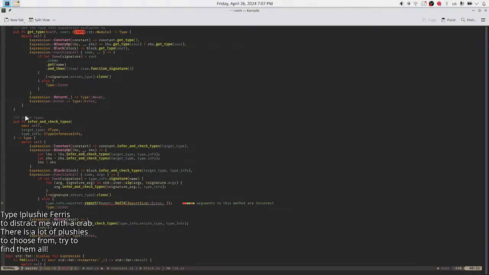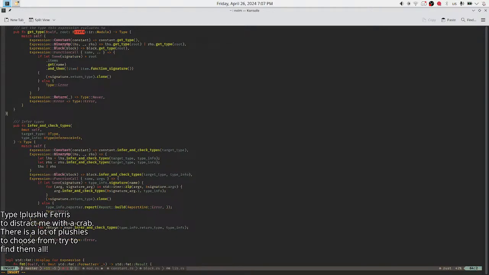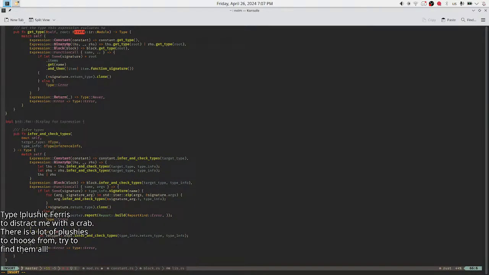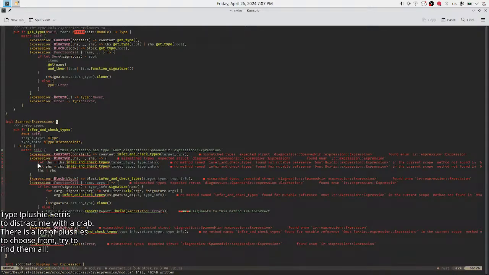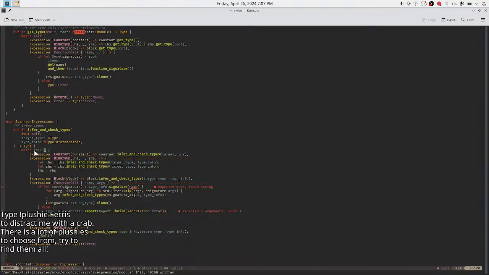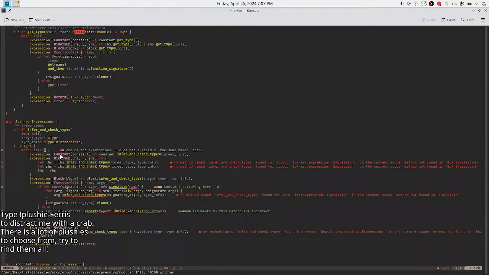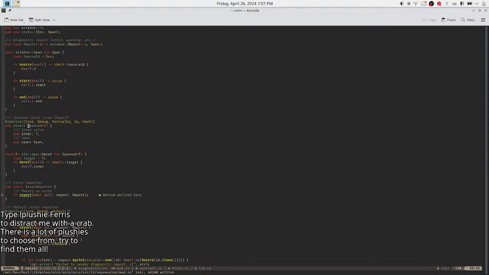Maybe I just move this out and say here impl spanned expression. But it's just self. Can I dereference? I wonder. I mean, match self 0. Yes. Spanned. Oh, it's not how it works.